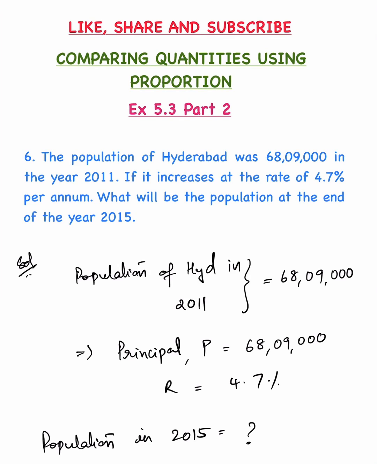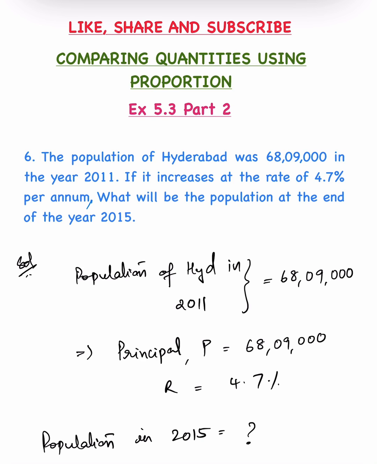Comparing quantities using proportion, exercise 5.3 part 2. Sixth question. The population of Hyderabad was 68 lakh 9,000 in the year 2011. If it increases at the rate of 4.7% per annum, what will be the population at the end of the year 2015? So population of Hyderabad in 2011 is